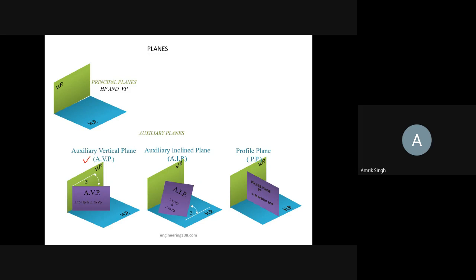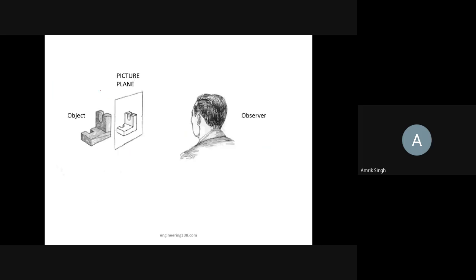If it is perpendicular to the vertical plane and inclined to HP, it is known as AIP, auxiliary inclined plane. And the profile plane is perpendicular to both the vertical plane and the horizontal plane. So these are the 3 types of auxiliary planes and the 2 principal planes, horizontal plane and vertical plane.